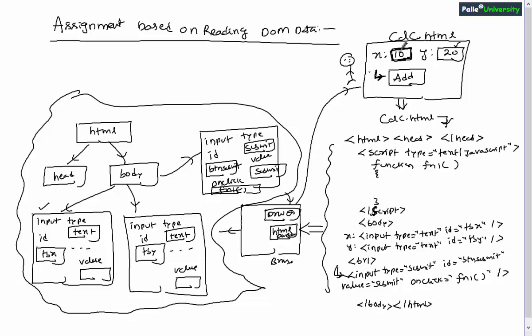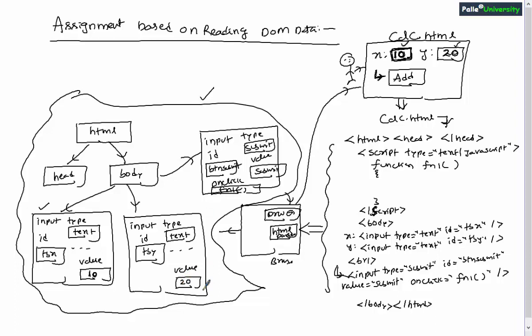Now you assume that the user types some data, maybe 10, into the first text box and some data, 20, into the second text box. Now you only tell me where exactly this data will be recorded. I already said all user actions will be internally recorded in the DOM tree. So when the user is typing some data into this first text box, actually that data will be recorded in the value property of this first node. Similar way second text box data, that is 20, will be recorded in the value property of this corresponding node.